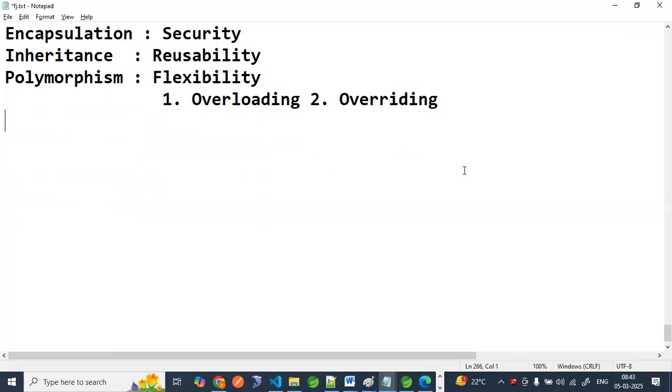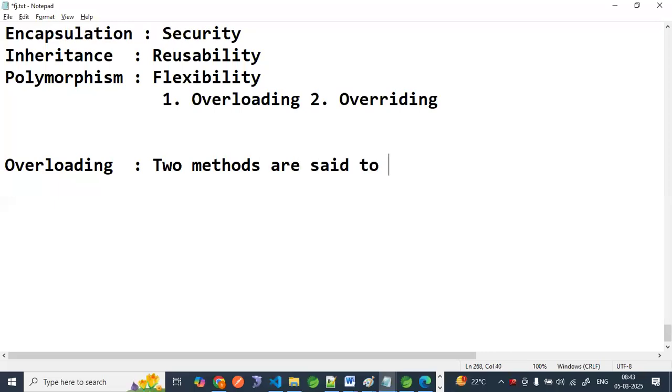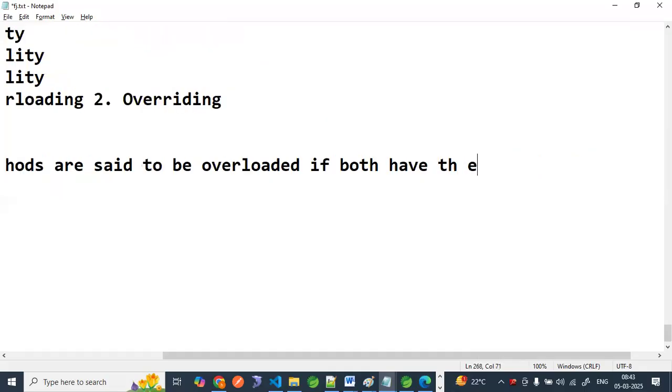Overload means something extra, that is called overloading. So when we call two methods overloaded, two methods or many methods can be overloaded. Minimum two methods are required. There may be three methods, four methods, or n number of methods. So two methods are said to be overloaded if both have the same name,